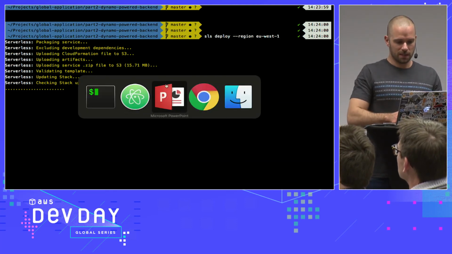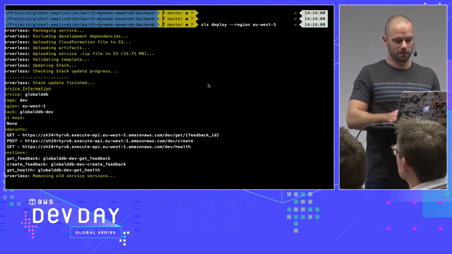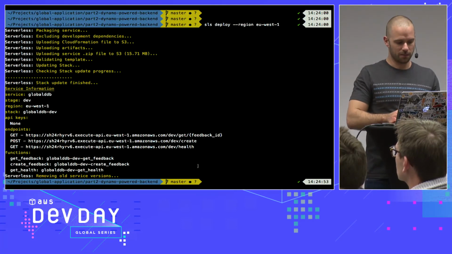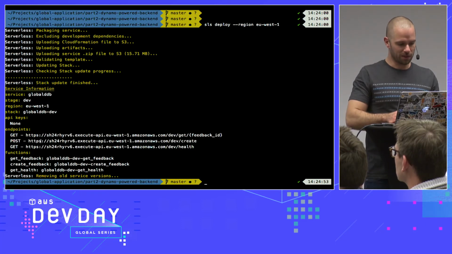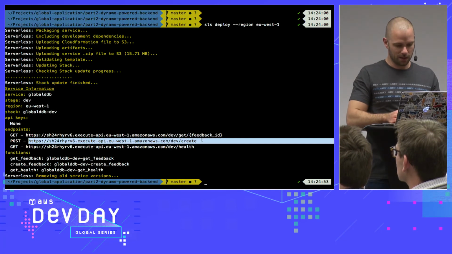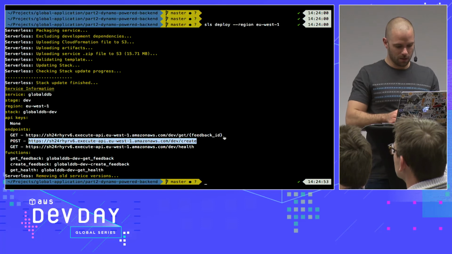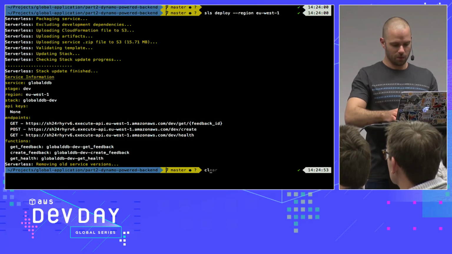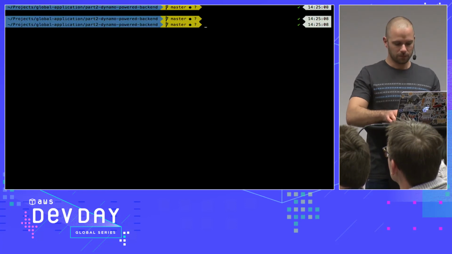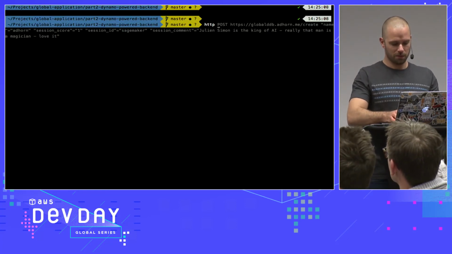So when this works, it's going to take just a couple of seconds. You see it's already done. It returns back all my API endpoints. So for example, here, then I can start to create feedback. If I would do an HTTP post,